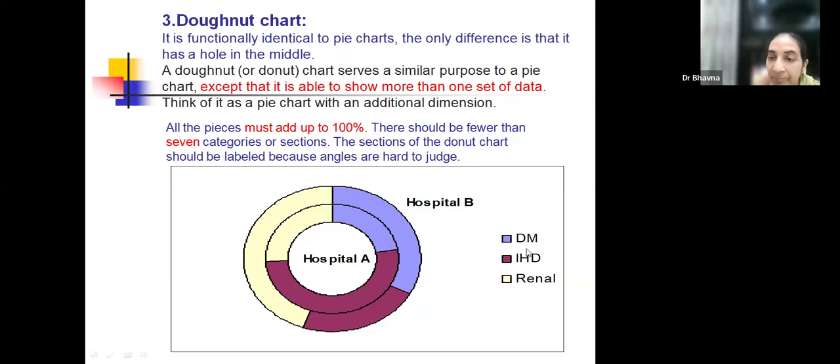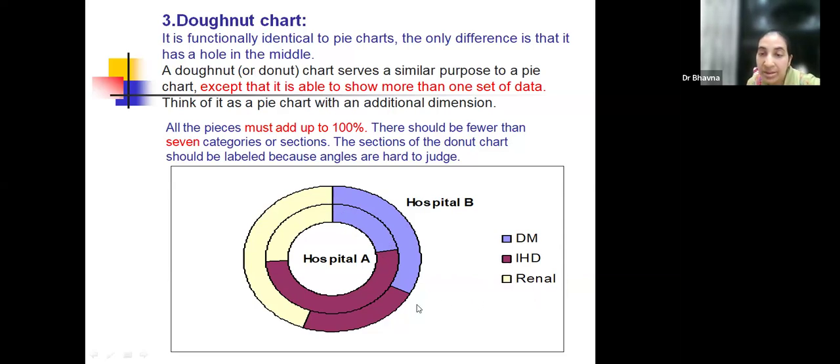Okay, for example, diabetes mellitus is represented by color blue. I would want all of you to know that what we call a key when you're studying in class 10 or 12 is called a legend when you're in a medical college. So the legend for this diagram reads as follows. The blue color is for diabetes. The purple or lavender color is for IHD. And this beige color so-called is for renal diseases.